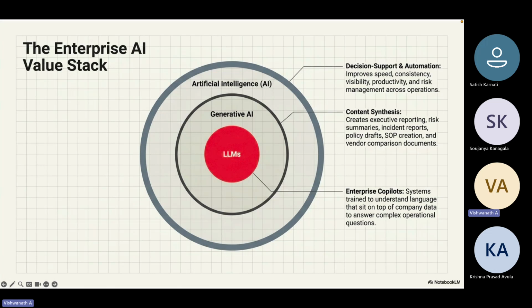So what is that value stack which you are going to bring in? You are not going to bluntly say that I have used an LLM and I think this is the best decision which the LLM has given me. An LLM never gives you a decision. At the highest level, to be frank, AI is never going to give you a decision because these are pre-trained models. These models have been trained on the past, not on the future. When you are working with somebody else, they are asking for the future. They are not asking for the past. Okay, because only the losers talk about the past. Only the future leaders, when we say leaders, are going to lead the people.